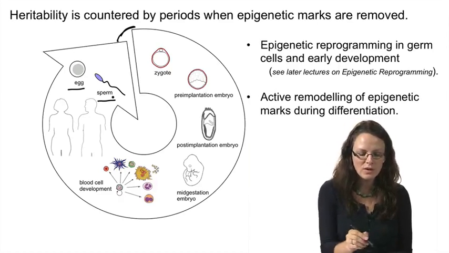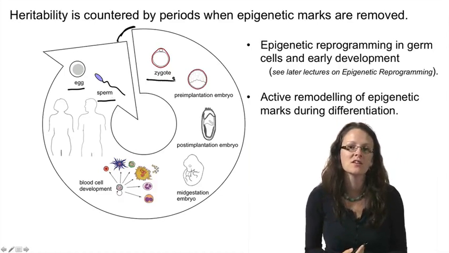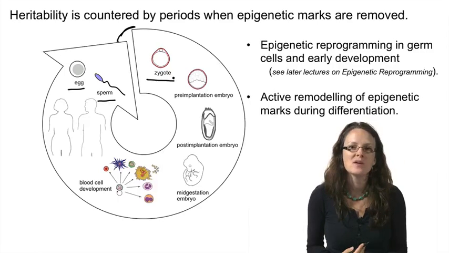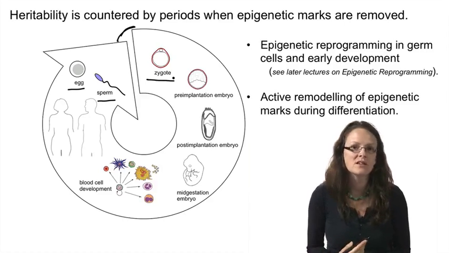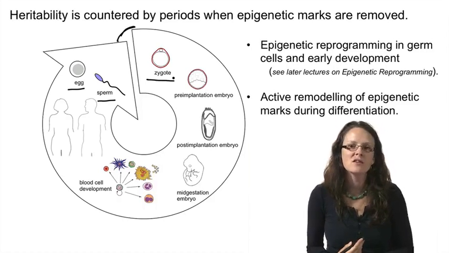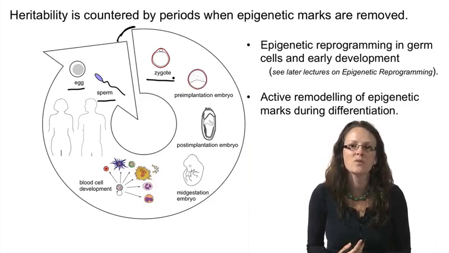Similarly, once this egg and sperm have gone on to form the zygote, then we need to remove the epigenetic marks that were found in the egg and the sperm that were specific for those particular features, and now lay down those that are required to make a totipotent cell mass that can give rise to all of the different types of tissues in the adult organism. So these are the two what's generally considered as epigenetic reprogramming, which we'll go into more detail for later slides. But epigenetic reprogramming, or remodeling and removal of epigenetic marks, also happens at particular other time points within differentiation. And these ones are perhaps less well understood or studied at the moment, but we certainly know still occur.